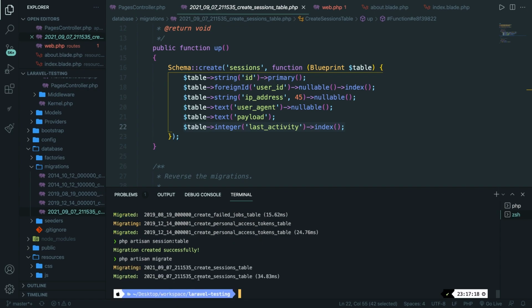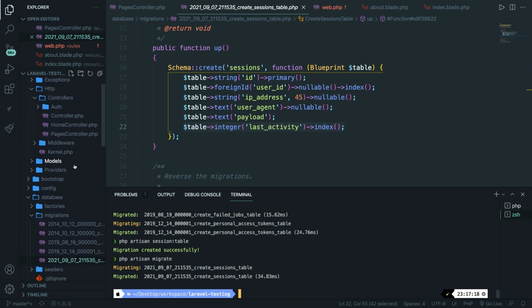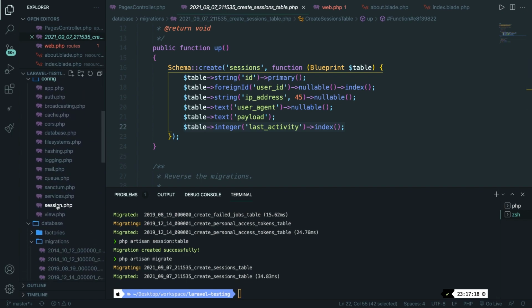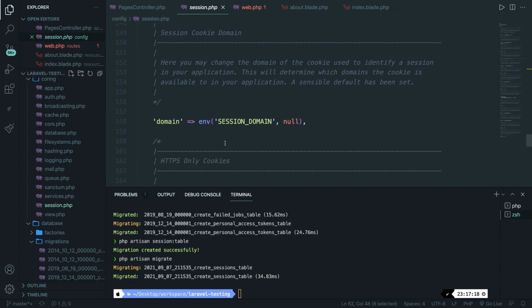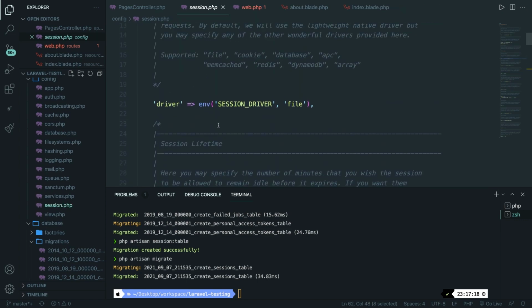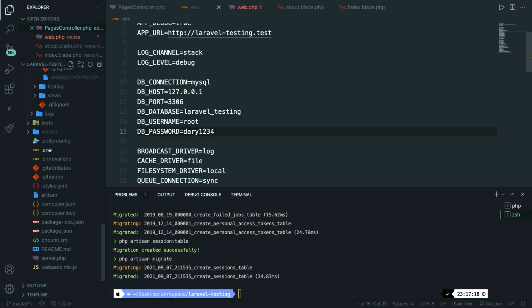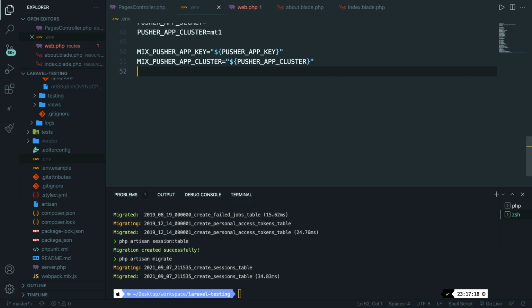As you can see, our create_session_table has been migrated. Before we can actually save it inside a database, we need to change up our database driver. Remember in the beginning of the episode where I told you that inside the config folder, we got a session.php file. And let me scroll up, where the session driver is equal to file. Instead of changing it right here, let's actually close it off. Open the .env file, and at the bottom, let's create the SESSION_DRIVER environment variable, and let's set it equal to